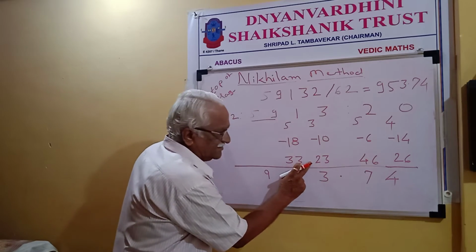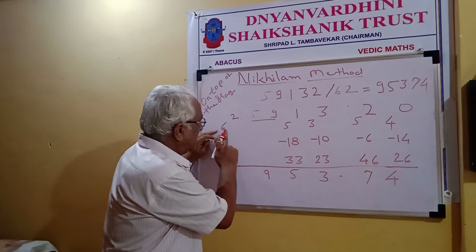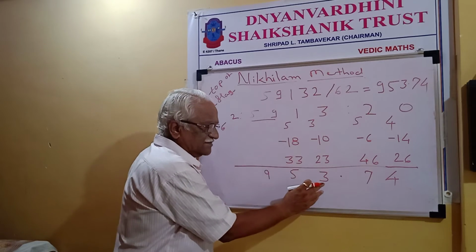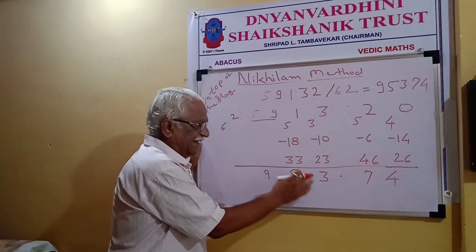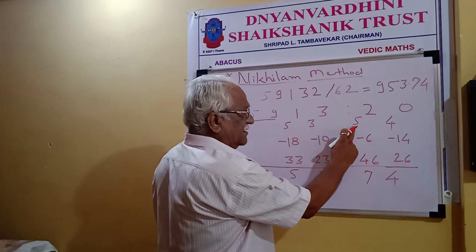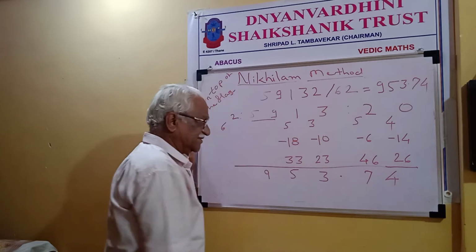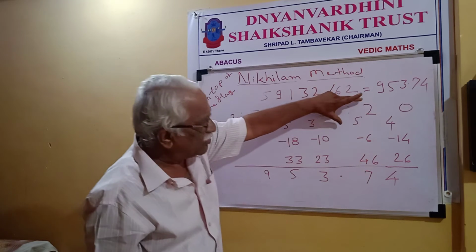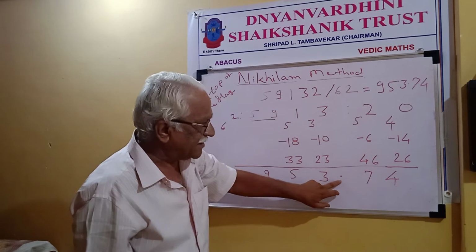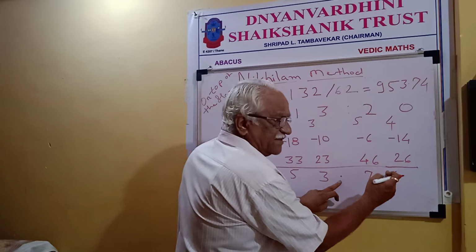This 23 divided by 6, so the quotient comes 3, that is 6 3s are 18, and the remainder is 5. We have written here as a prefix to the next digit. Here now the gross dividend is 52. Now we have kept the decimal point here. Now all our answers will come in the decimal points.